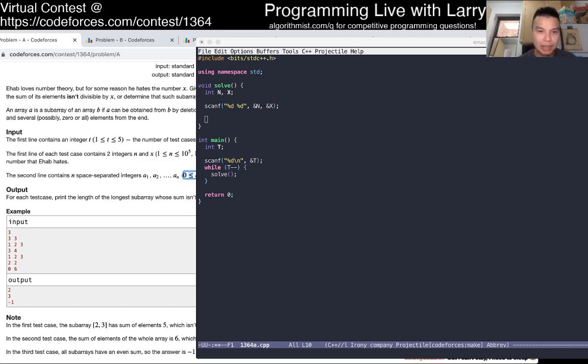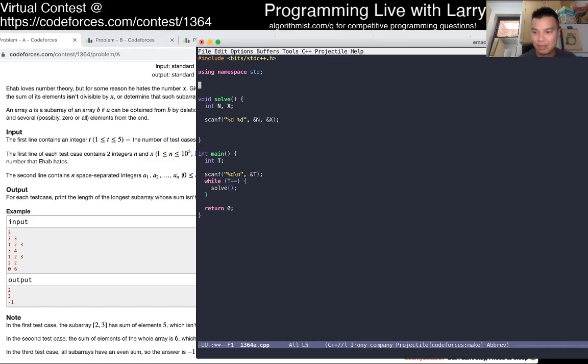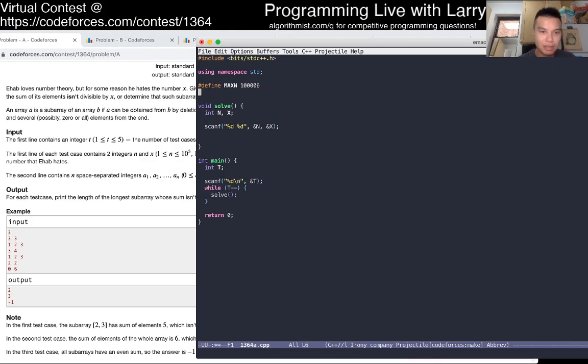And then we just have to read it in. X is this, and okay.